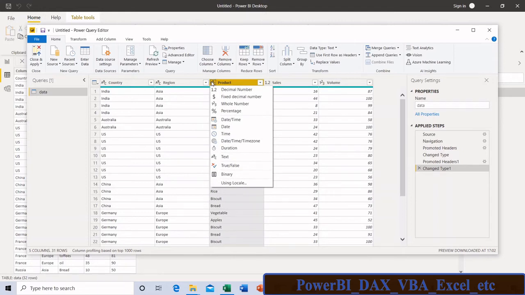Power BI, based on the first few rows of data, will automatically predict the type of the data and create the data sets accordingly.